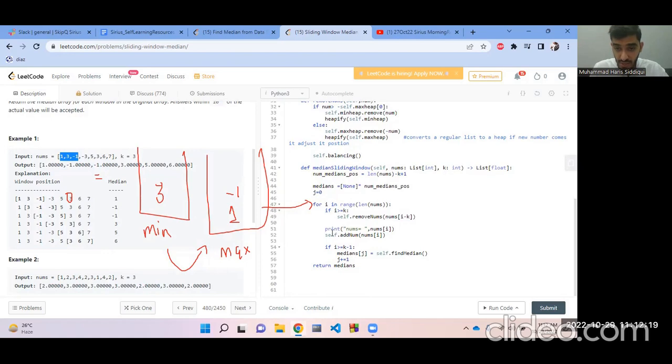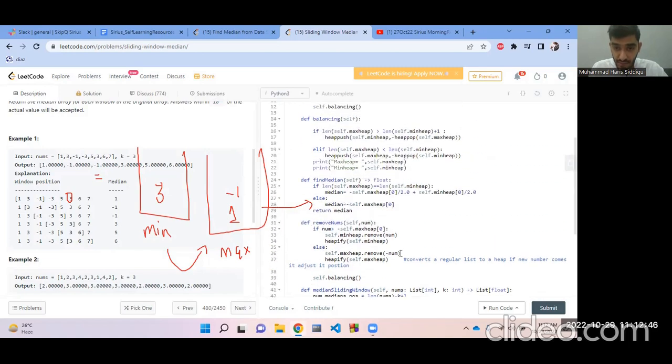So what I do next is this condition will follow. It means that if i is 2, in this case i is 0, 1, 2, is 2 greater than or equal to k minus 1? k is 3, so k minus 1 will be 2. If 2 is greater than or equal to 2, we have to take the median of the numbers. And how will we take the median of the numbers? By simply